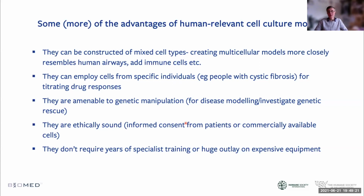And then I think it's important to mention ethical. Obviously, I'm coming from an animal protection background. I think it's really difficult to make the argument about an ethical use of animals in research and testing, because I don't believe it is necessarily ethical. And yet I would say that the use of these in vitro methods is ethically sound, can be ethically sound, and you do not need now to jump through a million